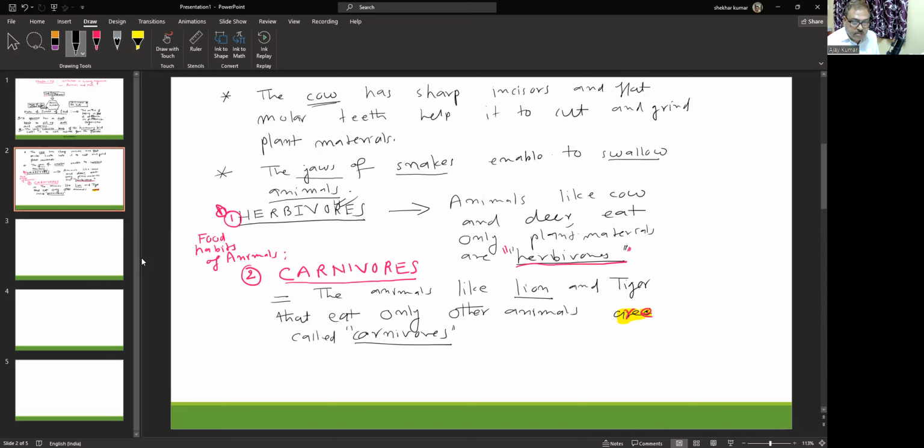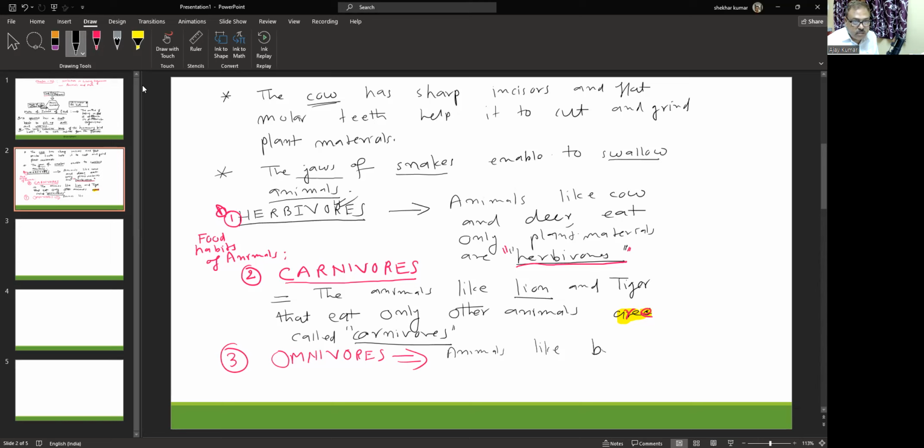Now the food habits of animals, where the third term is also arising. This very third term says the omnivores. What is the meaning of omnivores? This is also very important. How to write about omnivores? The animals which